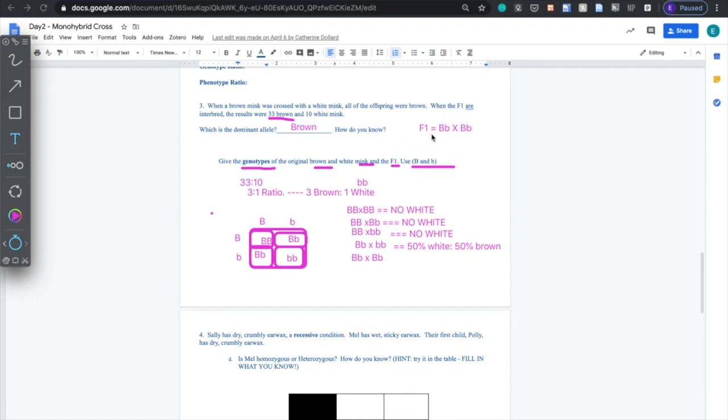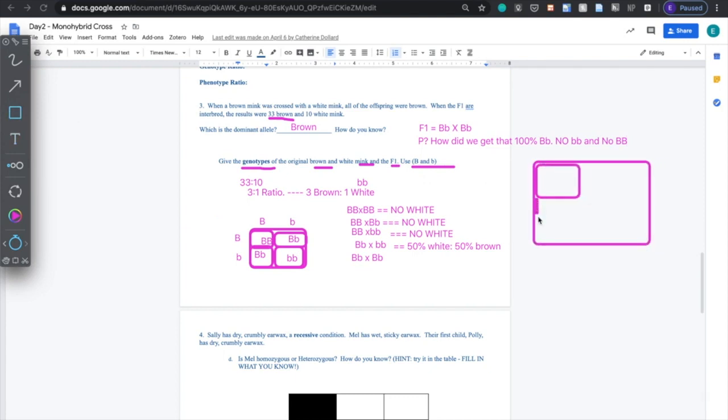But now we need to figure out what the parents are, right? How did we get that heterozygous by heterozygous, so that we crossed 2 F1s? How did we get 100% heterozygous? We know it's 100% heterozygous because that's the only option for F1, right? So we're working backwards over the last 3 problems we did. It's a little more complicated, harder to understand. So we need to figure out what parents will give us 100%